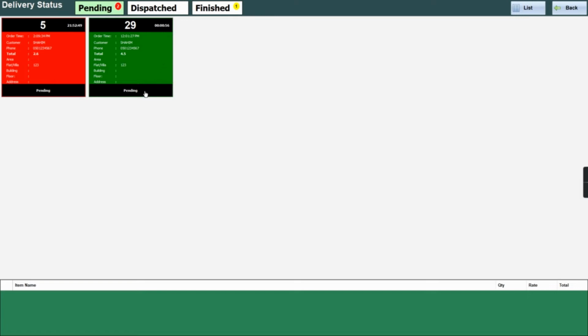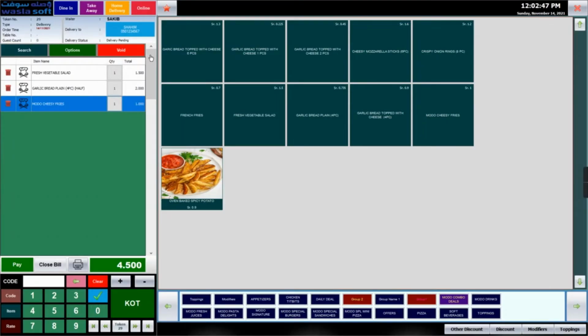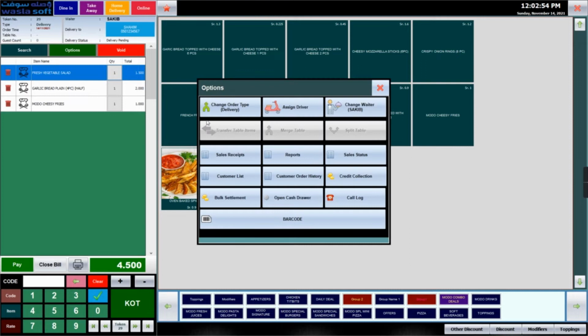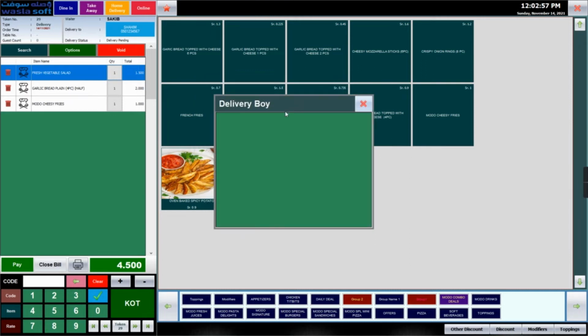Now it is 55 seconds and it is pending. The previous fifth order took too much time, so every 5 minutes the color will change. For the first 5 minutes it will be orange, then when it goes beyond that it will show red, and once it is finished you can just select the item and